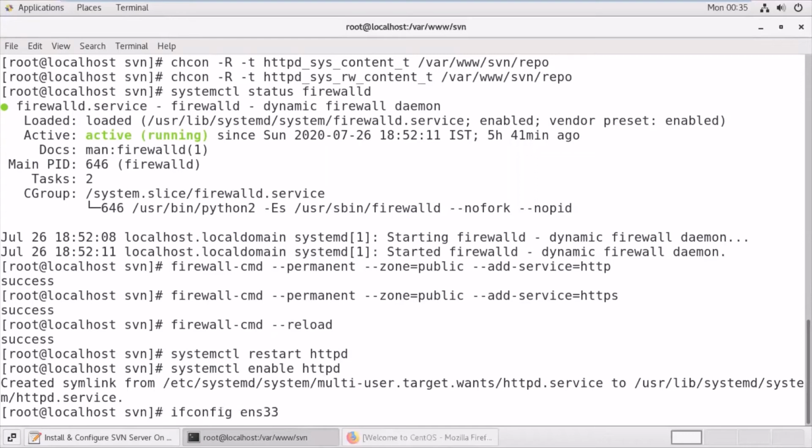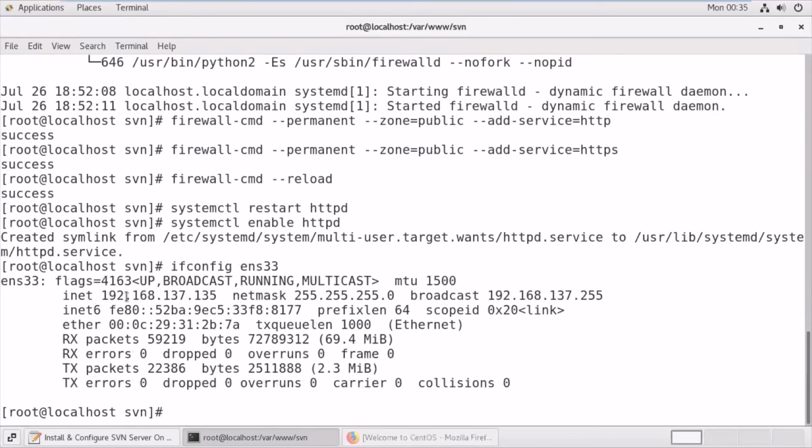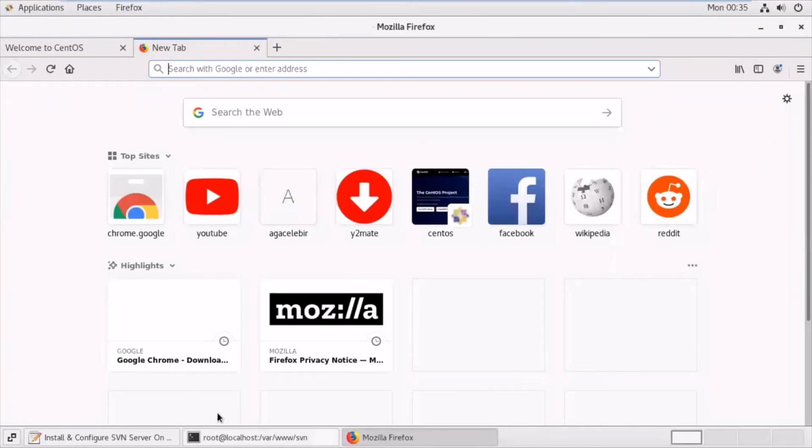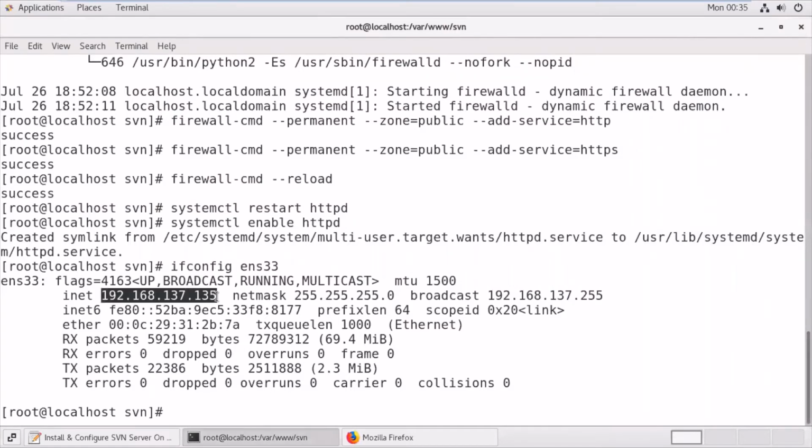Now let's check what the IP address of this system is. Okay, this IP address is 192.168.137.135. So let's open a browser and type this IP address.